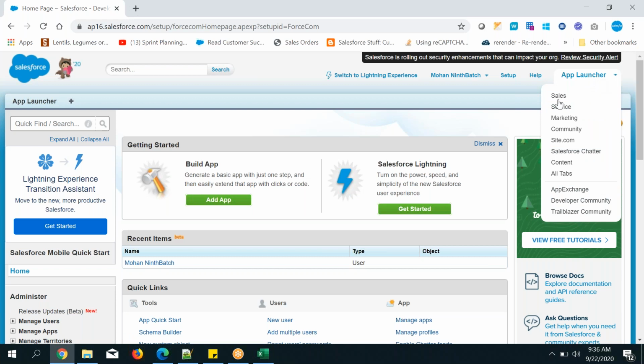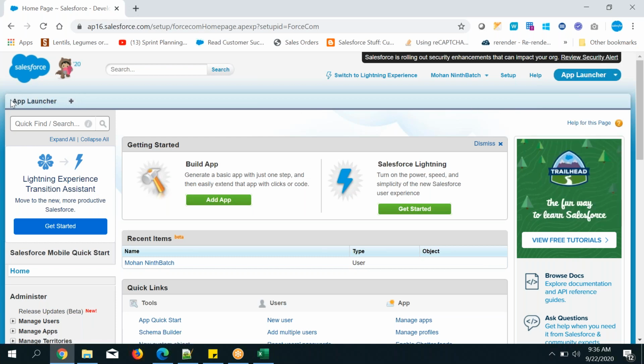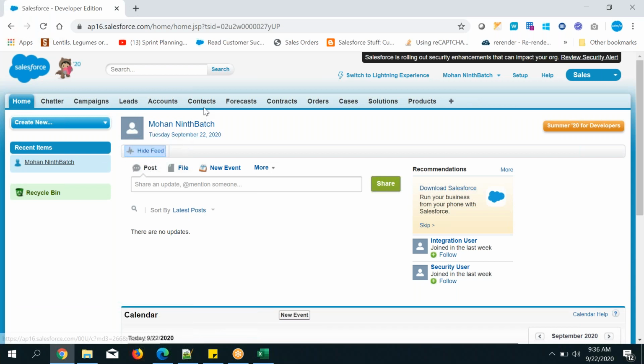Next, different applications are there. What is the benefit of the application? The benefit of the application is to control the tabs. Actually, this is a tab. If you want to control a tab, that is the benefit of the application. That means to show or hide; for that purpose you can use applications. Another thing is if you want to change the position order of these tabs. What is the benefit of the tabs? Tabs are used to create the data. That is the benefit of the tab.